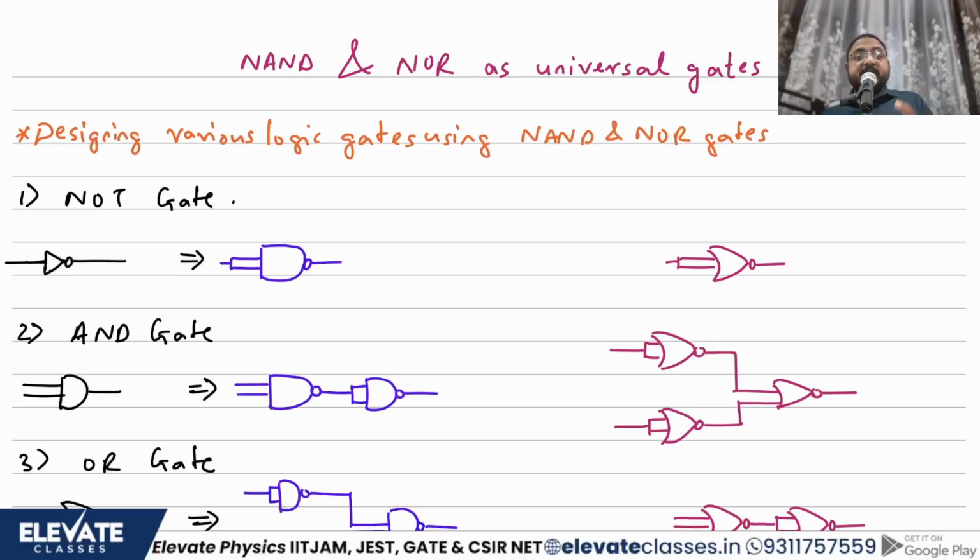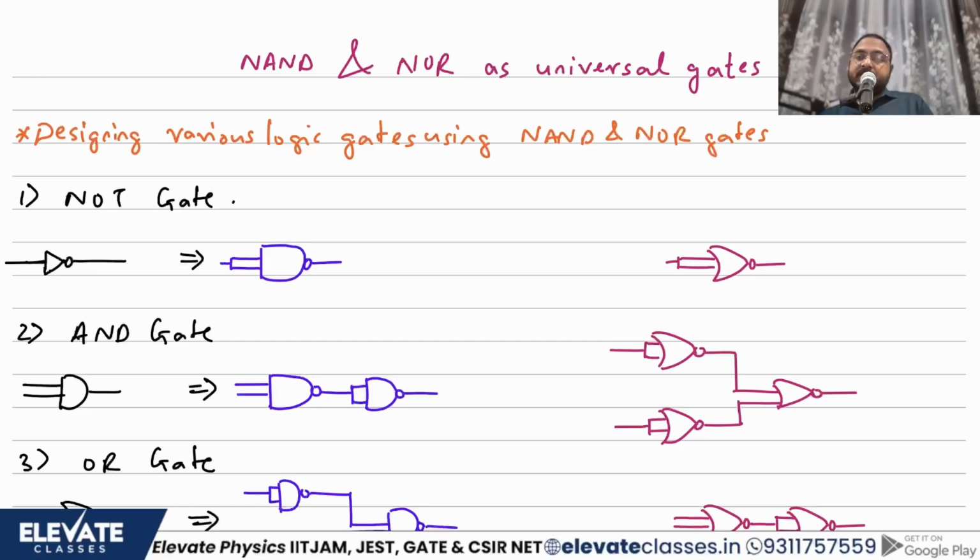So today what we are going to do is we are going to take all the different kinds of logic gates, right? We have AND, OR, NOT, NAND, NOR, XOR, XNOR. We want to make them using only NAND gates, and only 2 input NAND gates or only 2 input NOR gates. So we are going to design all the different logic gates using NAND and NOR. That is the main aim of our video today, of this lesson. So let's try and do this. First we'll do everything using NAND, then we'll try and do everything using NOR. Now I have already drawn a couple of things on the screen, as you can see right now.